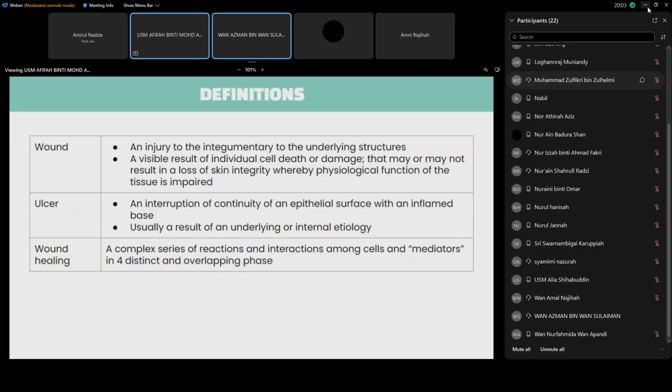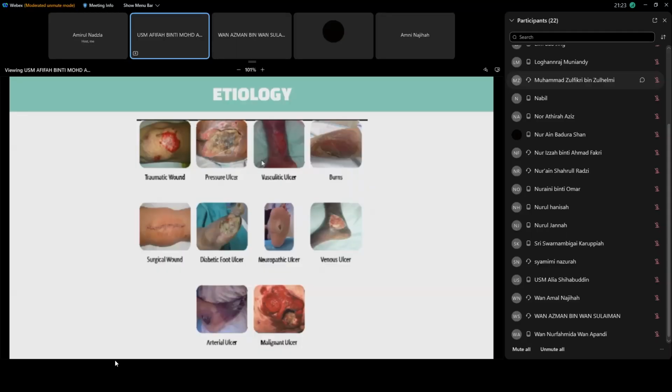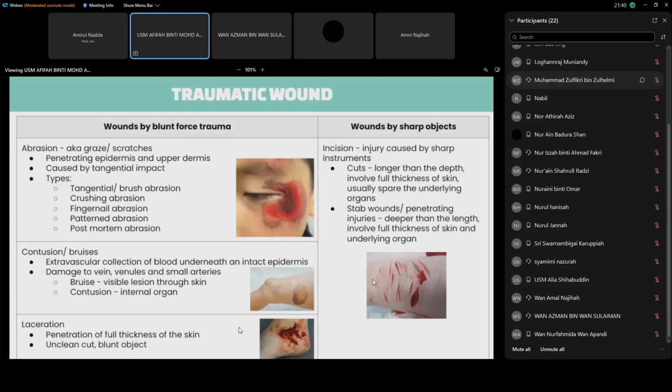And then wounds can also be classified by their etiology, which include traumatic wound and various types of ulcer, for example pressure ulcer, vasculitic ulcer, diabetic foot, neuropathic, venous ulcer, arterial ulcer, and also malignant ulcer. And wound can also include burns and also surgical wound. The traumatic wound can be further divided into